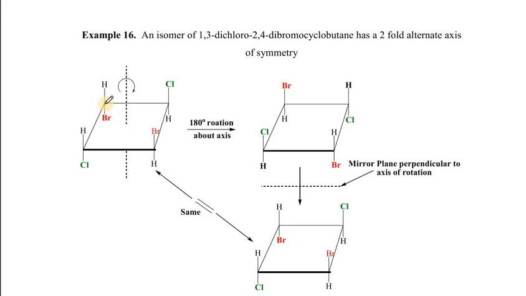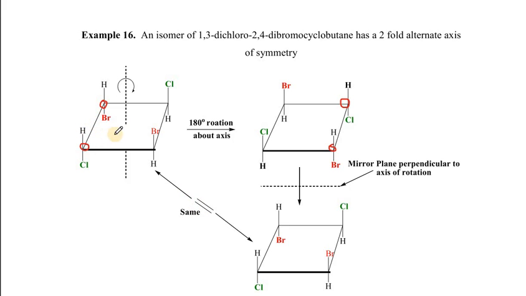This carbon will rotate to this position, that is 180 degrees, and this carbon will move to the opposite end, that is this position. So the molecule has been rotated by 180 degrees,